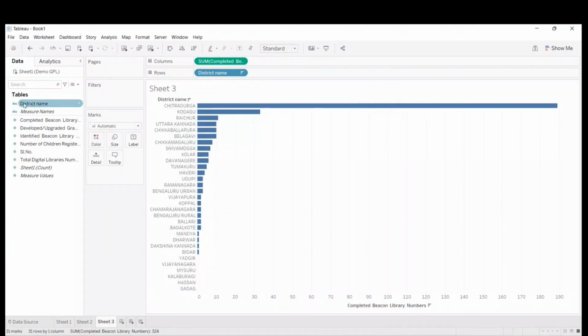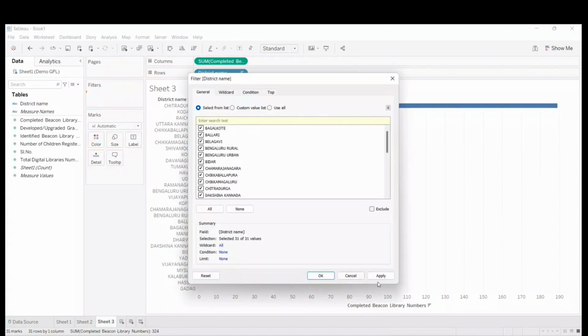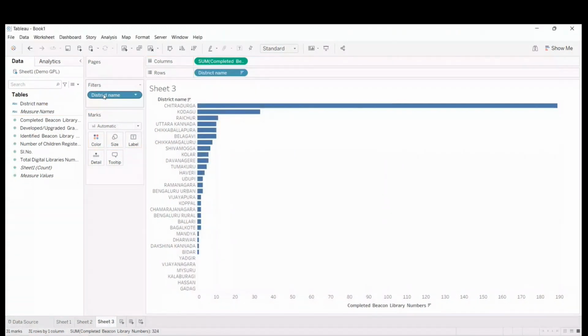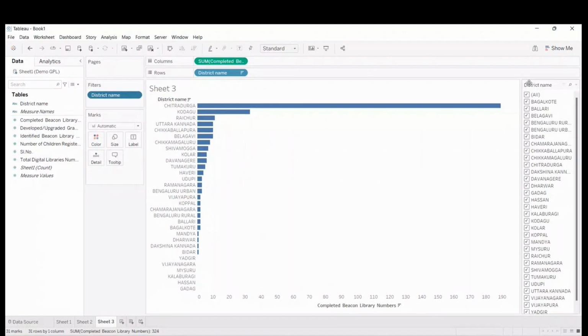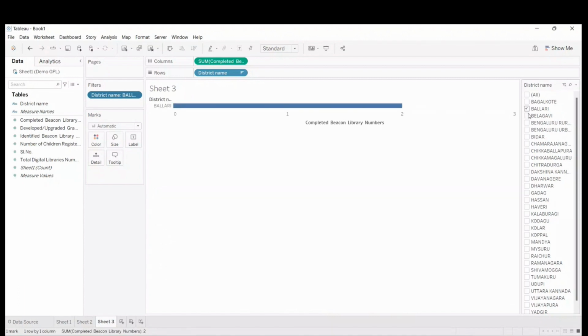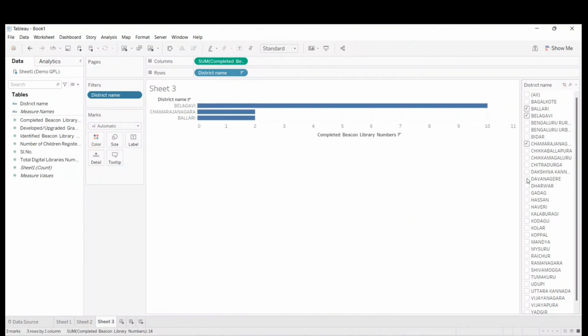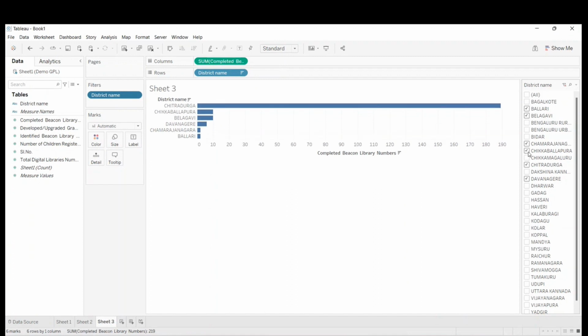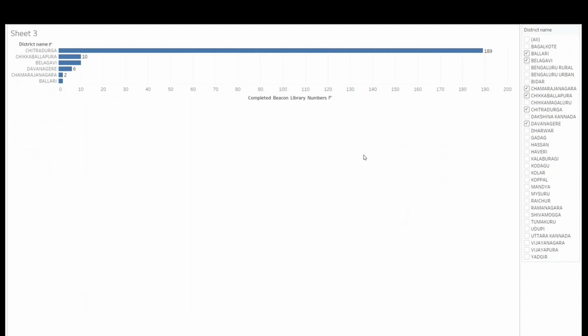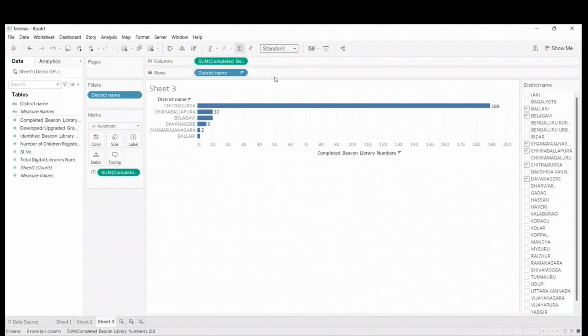After this, we have to put it here. Now right click here, show filter, and from here we can change all or only required values. If we want to display numbers, simply put labels here. If you want to make it whole screen, simply